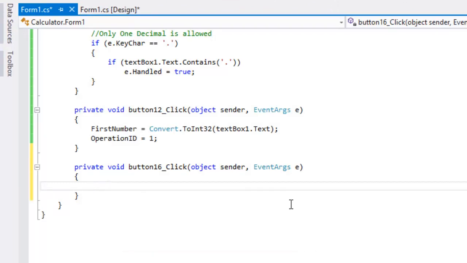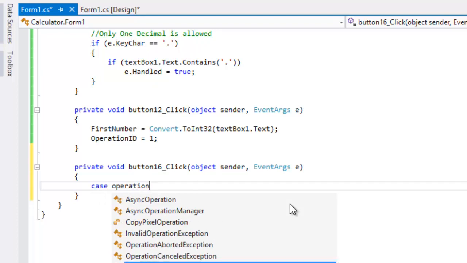or actually we could put even case, case operation ID